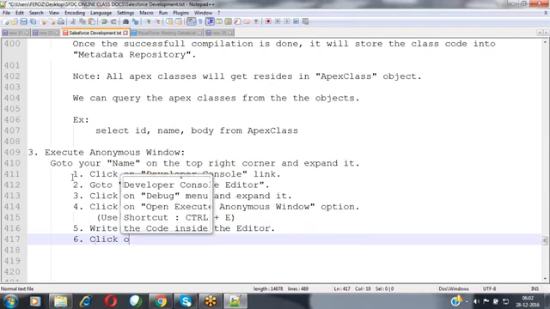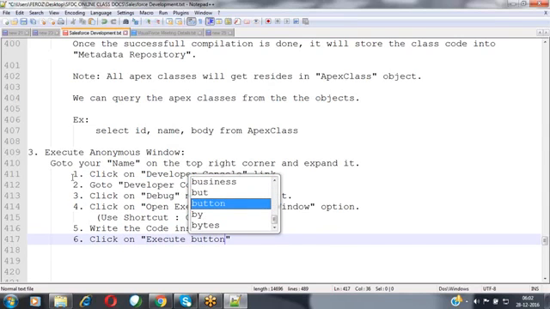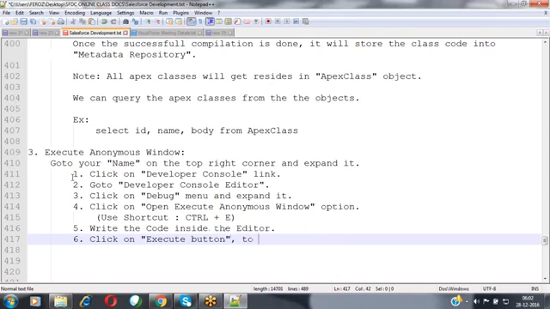And the sixth one, click on the Execute button to execute the code.